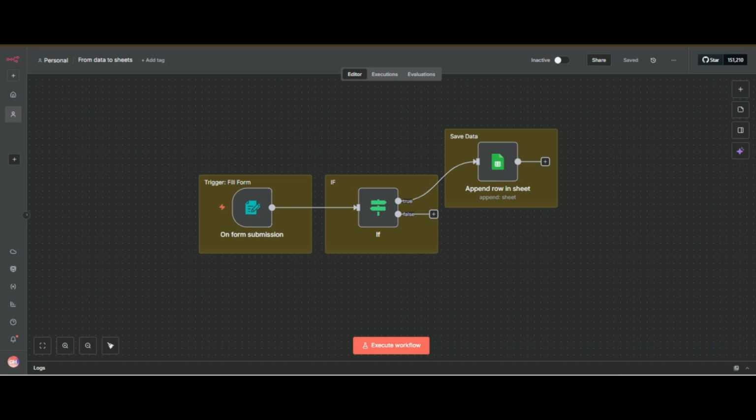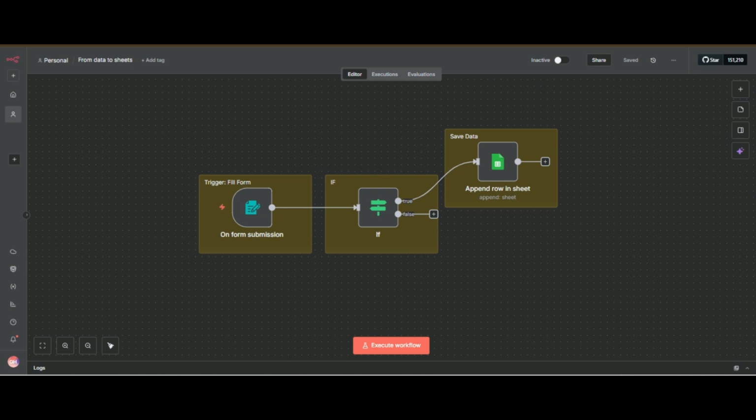If the user is male, it will save the data to our Google Sheets. If the user is female, it will not save the data, because I need male.